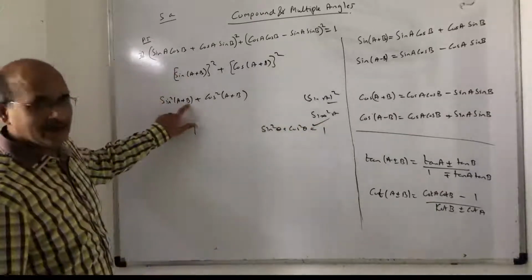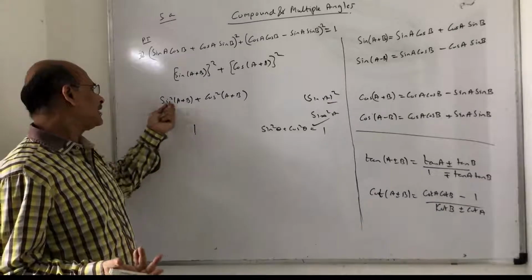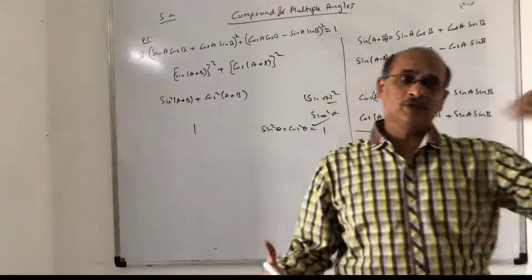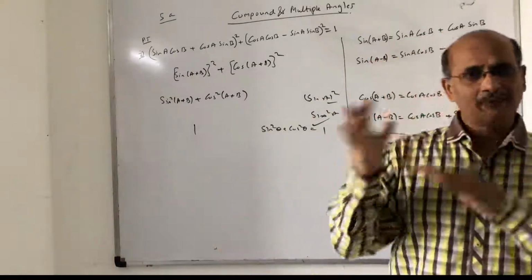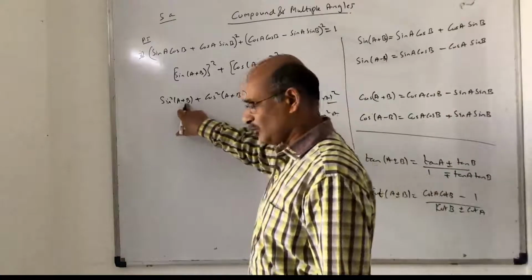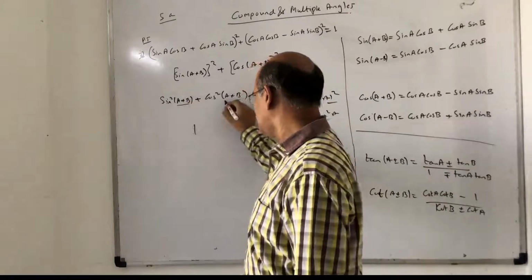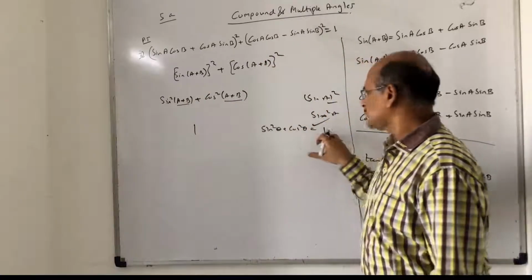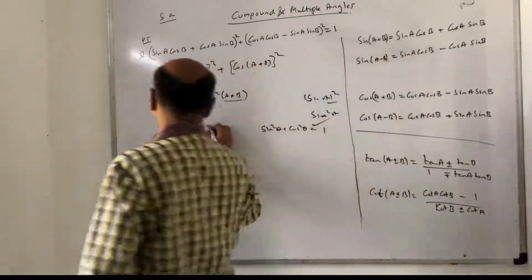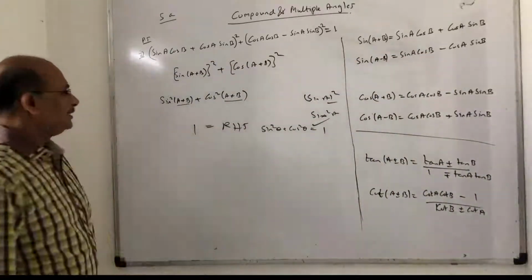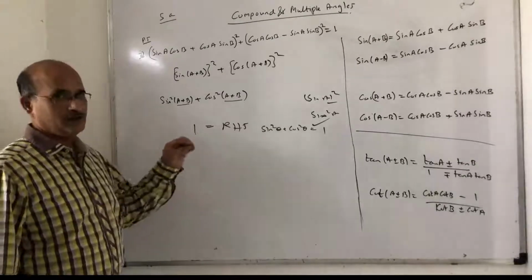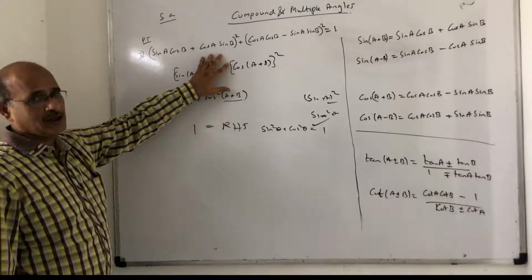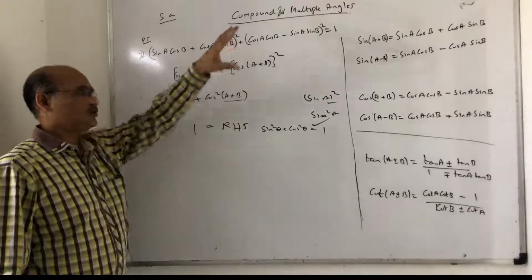Because an angle plus angle is an angle. So that is some other angle. So sin square 40 plus cos square 40 is 1. Sin square 30 plus cos square 30 is 1. So that A and B has to be the same angle, not in this case. A and B I am not talking about. I am talking about the sum, this angle and this angle together. This is 40 and this is also 40, 50, 50. So I am applying sin square theta plus cos square theta is equal to 1. So that's what they are asking us to prove. Simple working, but you have to understand how you really get to know about this. The other way, you open up, and it will really become a tough case because it will be a very long procedure.